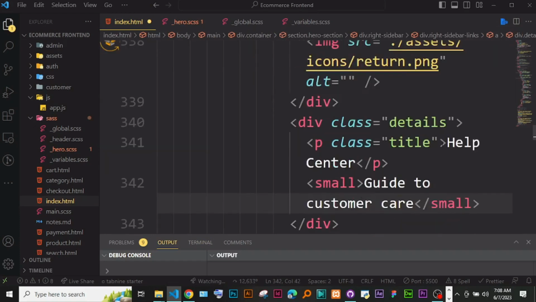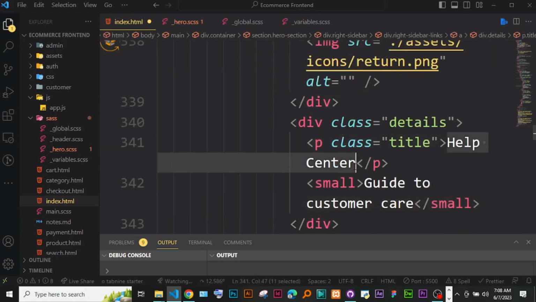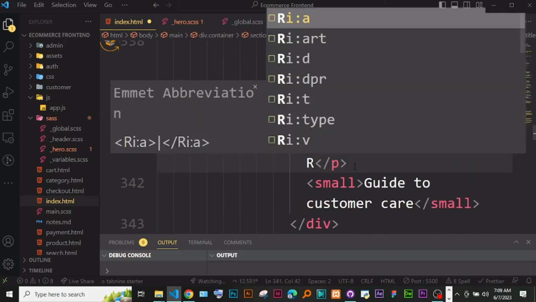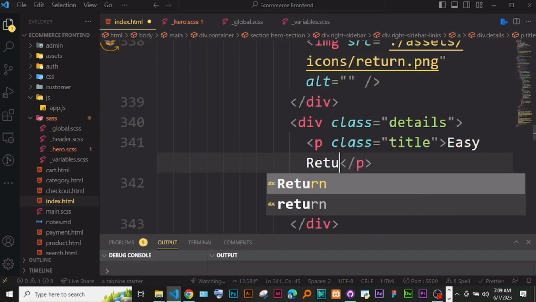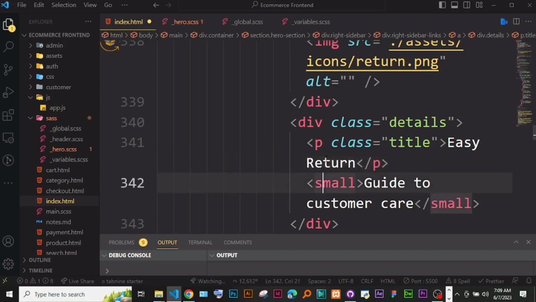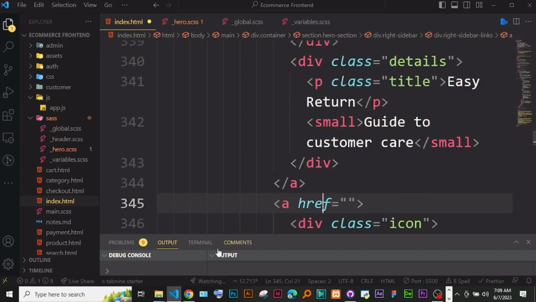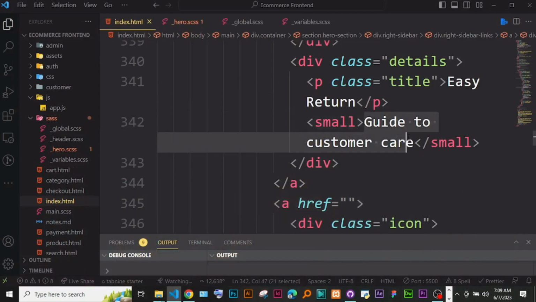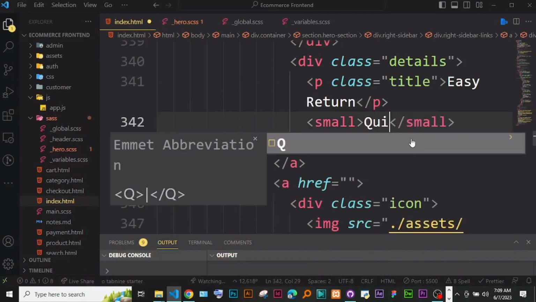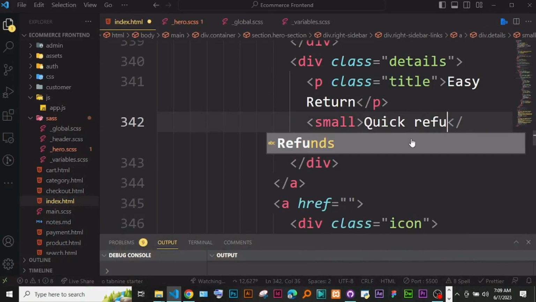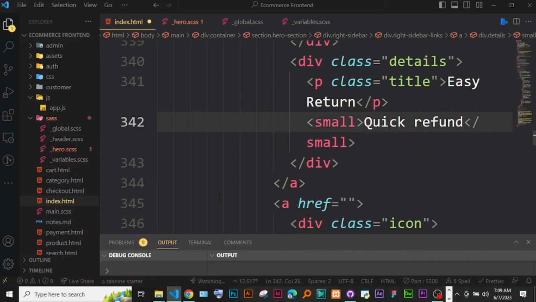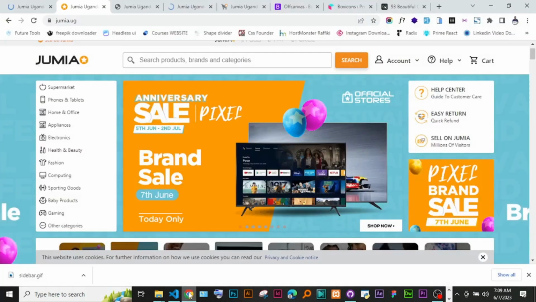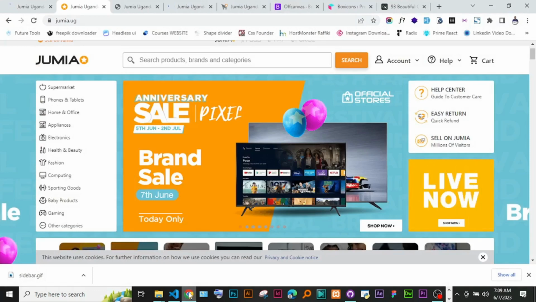I'm just going to say here easy return, and then on the small text is saying quick refund, okay, quick refund. Then the last one is sell on Jumia,